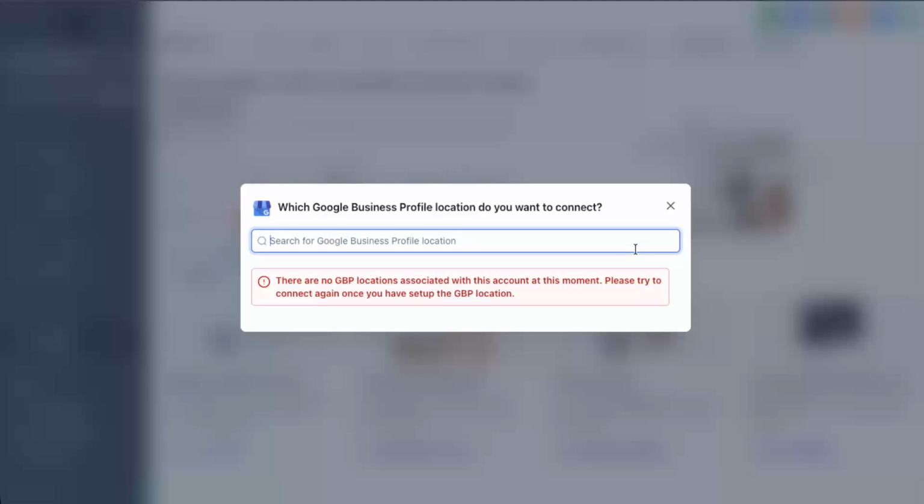When the pop-up appears, you may be asked to sign in if you're not already logged into Google in your browser. Follow the on-screen prompts, allow the necessary permissions so GoHighLevel can manage your Google business profile, and complete the connection. Once this is done, your account will be linked and you'll be able to access and manage your Google business profile directly inside GoHighLevel from that same